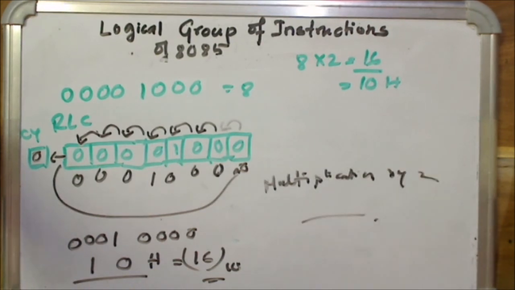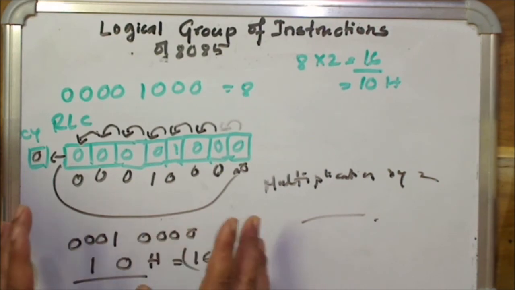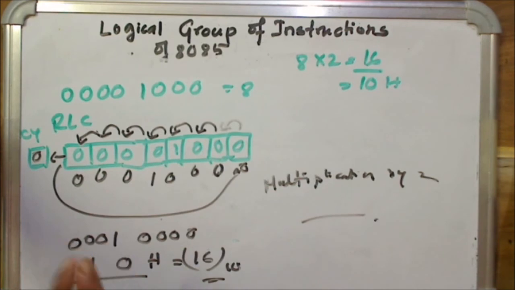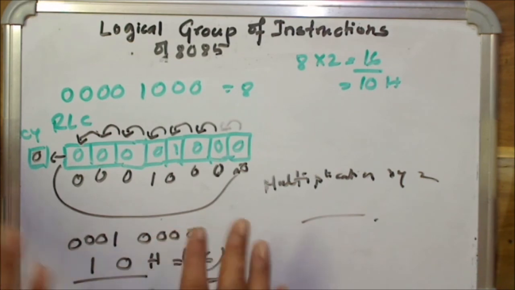So these are some of the uses of your rotate instructions. Remember, you can use it for multiplication by 2 as well as division by 2 only if the number is a multiple of 2. You can use it for finding whether the number is odd or even, and whether the number is positive or negative. I've explained that. To check any bit whether it is 0 or 1, you can also do that using these rotate instructions. So all the possible uses I have shown you.